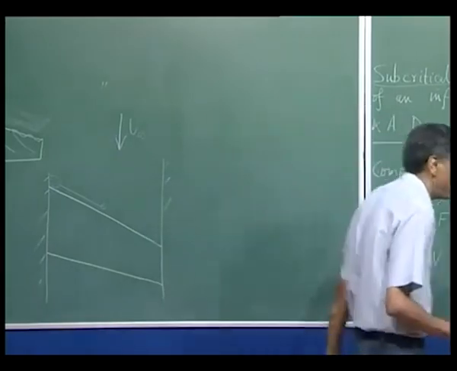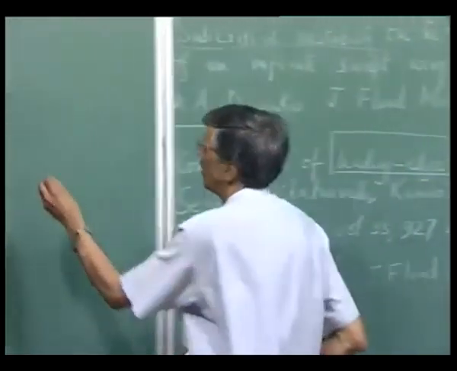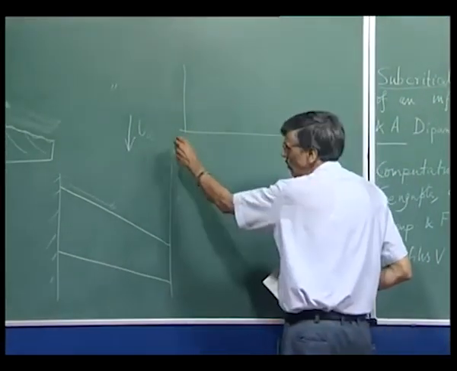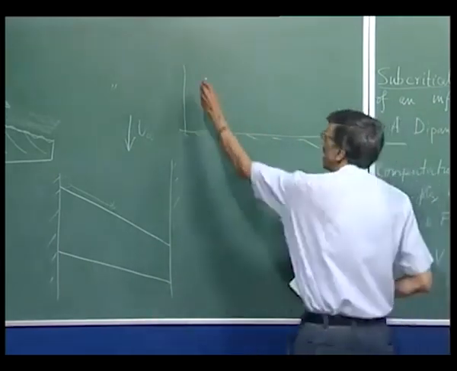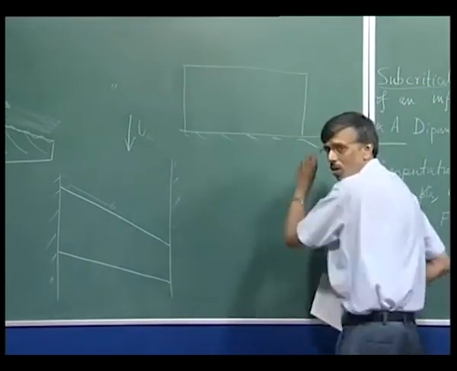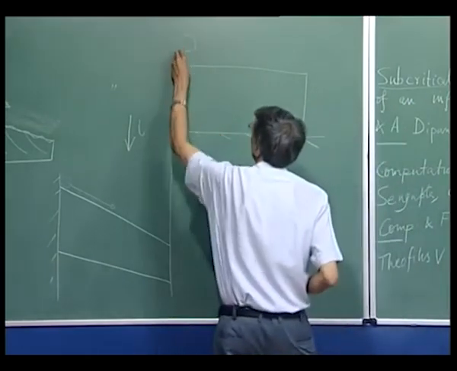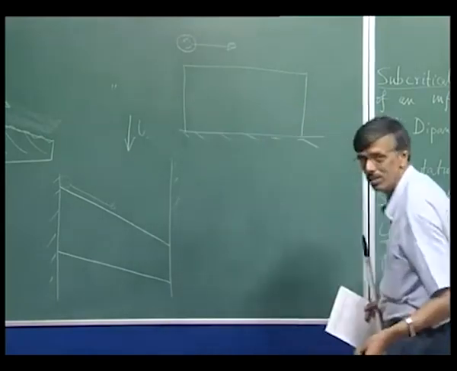So, what we are going to basically study is a domain like this. So, this is our wing now. Now, there is no question of taking leading edge, etc. So, we take a box like this, that is your attachment line plane,